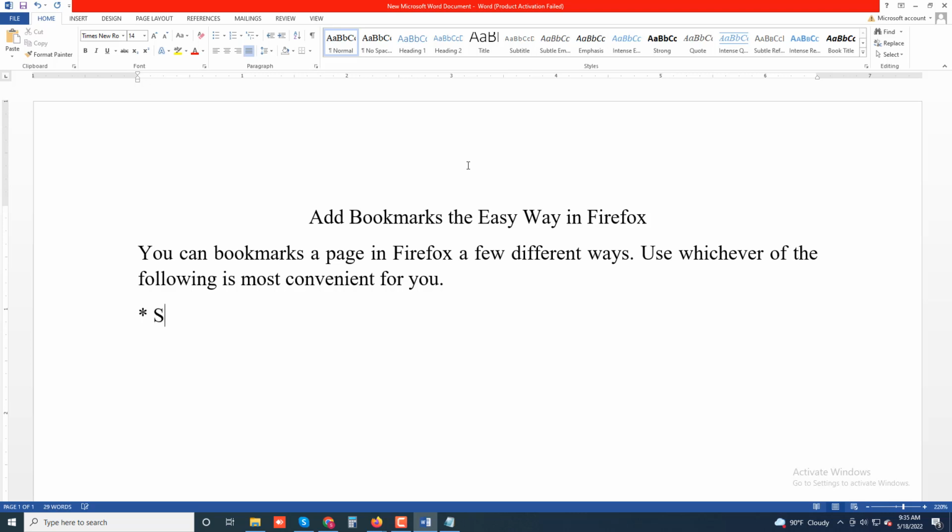Select the star icon in the address bar,